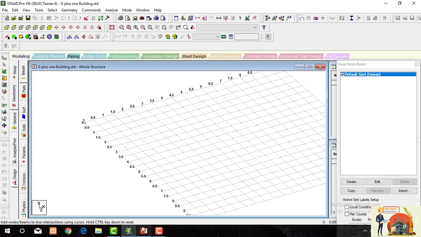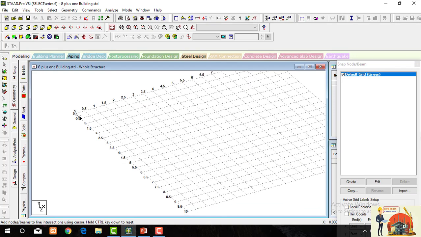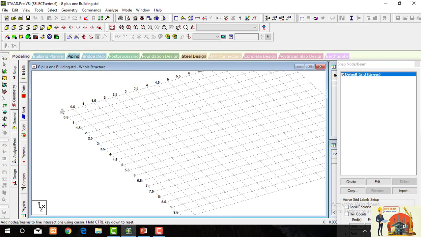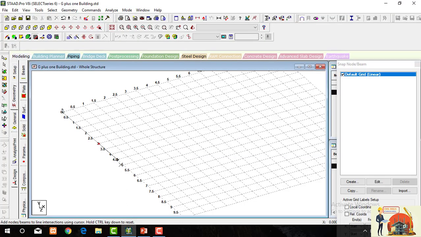Okay, we need to draw a 3 meter line. After 3 meter, it will be 3.5 meter, that is 6.5 meter.